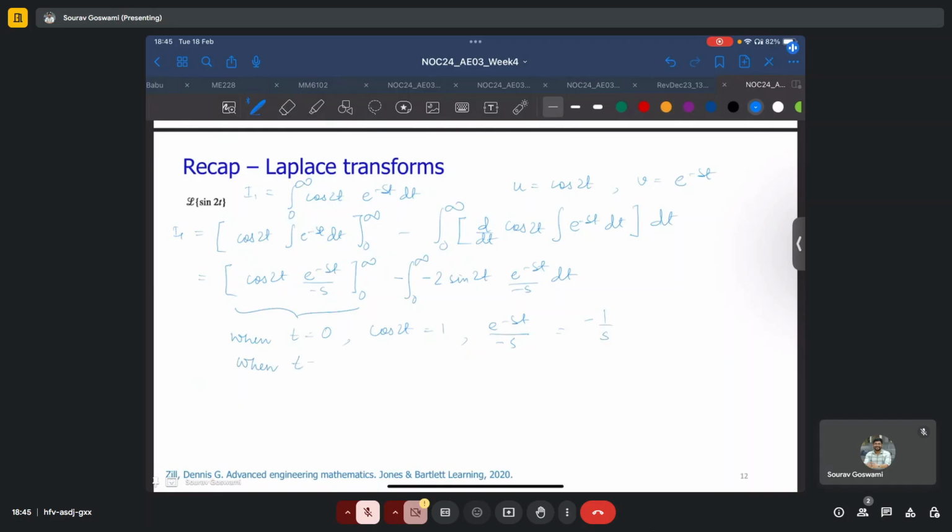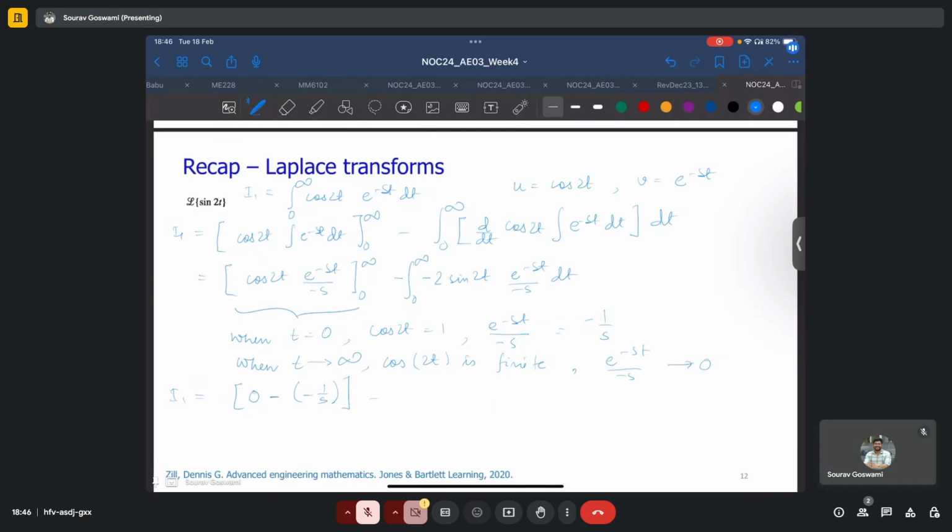And when t is tending to infinity, cos 2t is still finite because its value will always oscillate between minus 1 and 1. But this other term, as we saw, e power minus st by minus s, tends to 0, and so their product will also tend to 0. Thus what we'll be left with is 0 minus 1 by s